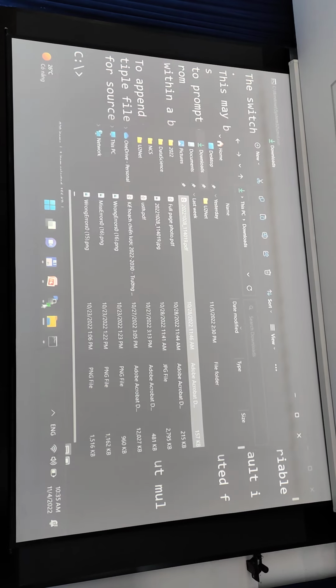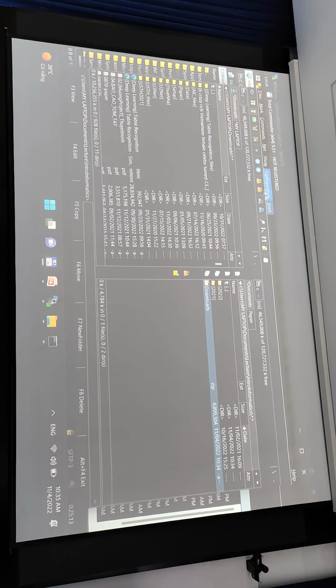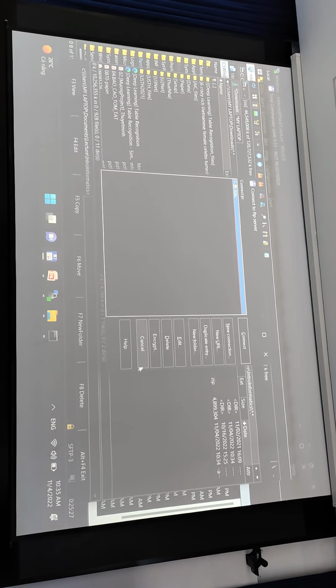And also I use WinSCP. In Total Commander here, you could also connect to the FTP server and copy data from your laptop to the server and run the program.